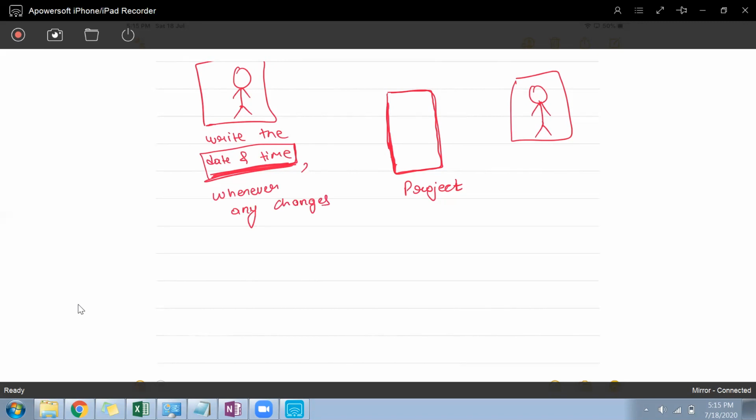The name of this file is project file, and this person writes something to the text file. Suppose this person writes, this is my